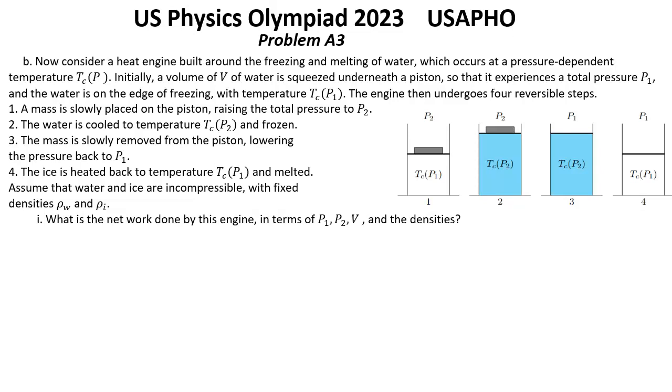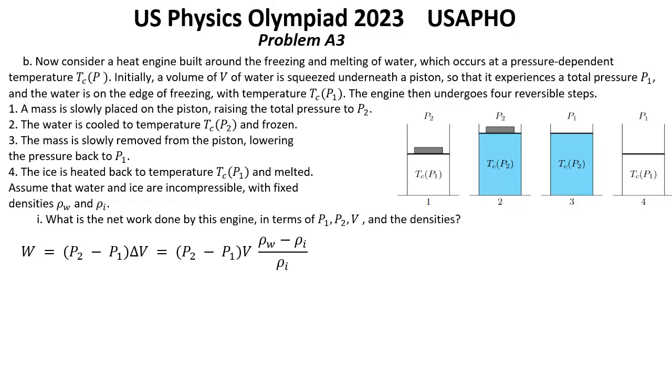Solution for part B. Question 1. What is the net work done by this engine in terms of P1, P2, V and the densities? Solution. The system expands at the pressure P2 and contracts at a pressure P1. So the net work done is